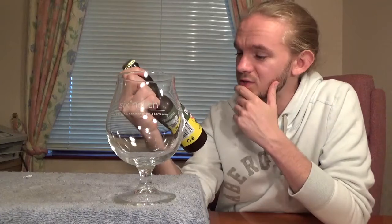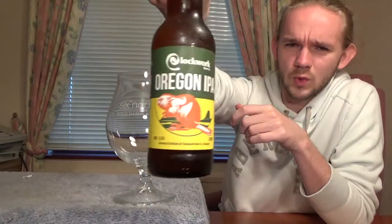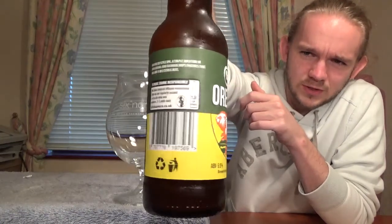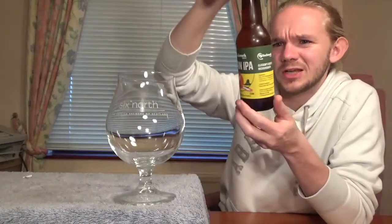But it's always cool to discover new beers and breweries from different places, like I said. So, a very, very local Glasgow beer, this one. There you can see the nice artwork on this one. The artwork of these beers seems to have changed over time. You can see on the side here it says Glasgow's oldest microbrewery, drink sensibly and all this kind of thing,